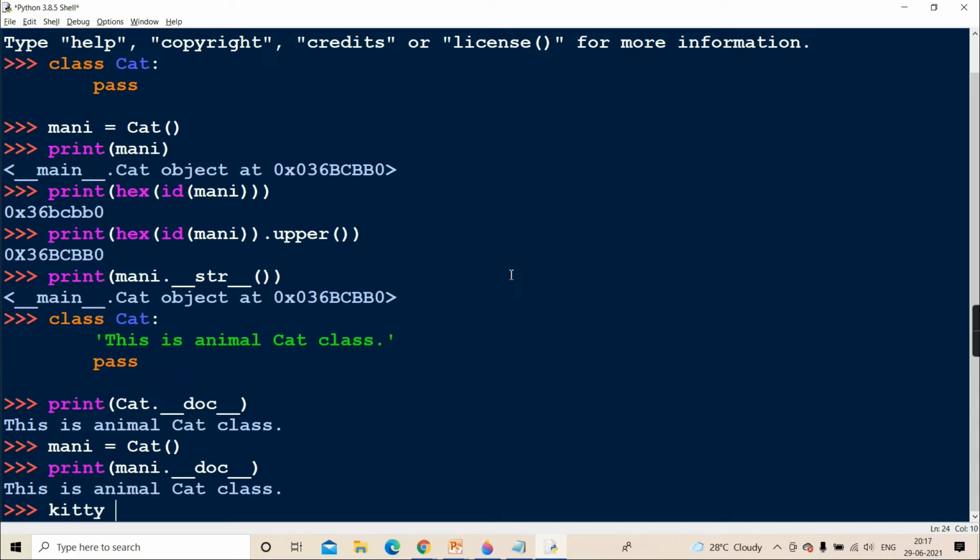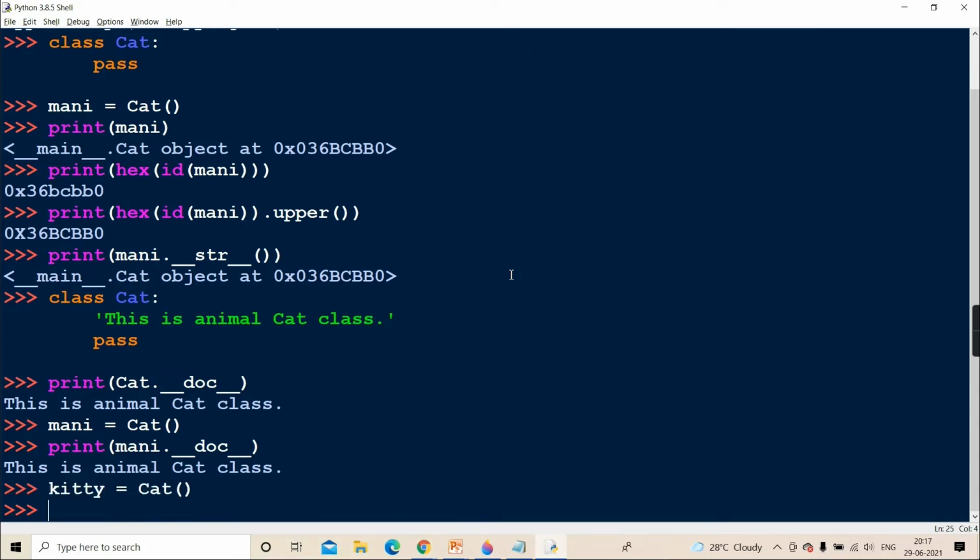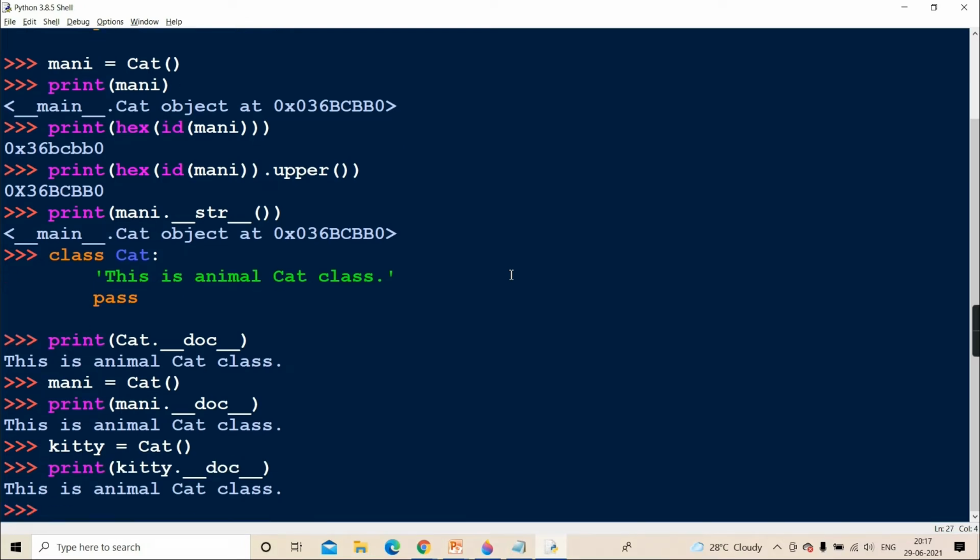Suppose here I create kitty object of class cat and I write kitty dot double underscore doc double underscore. Still for kitty also the same thing is printed. Why? Because it is not actually a property of money and it is not a property of kitty. It is a property of the class which is common to both money and kitty, both can access it.